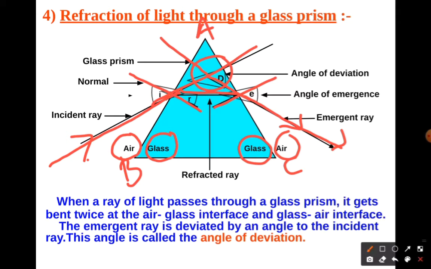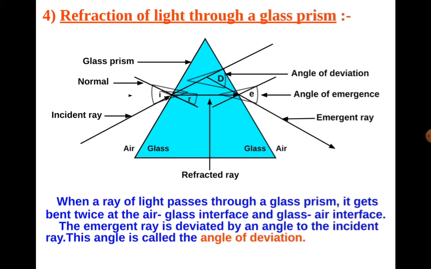The angle D is known as the angle of deviation, through which the incident ray is deviated by the prism. So what we are learning here is that a prism always deviates a light ray from its original direction through an angle D because of its peculiar shape, and it bends the ray towards its base, right? This is what we are learning from this activity.